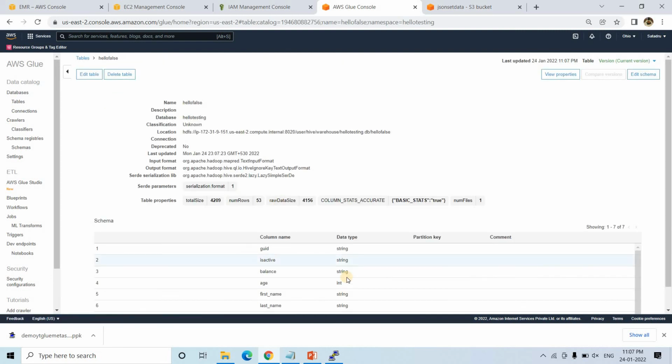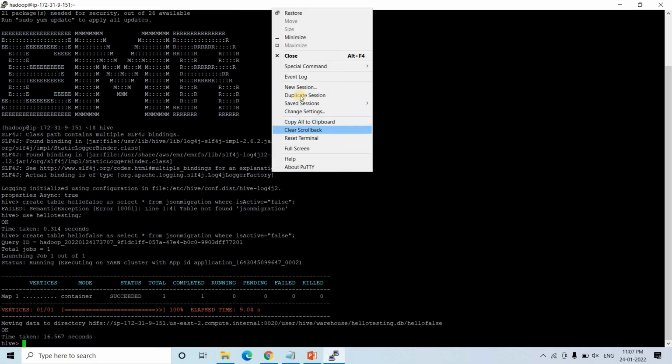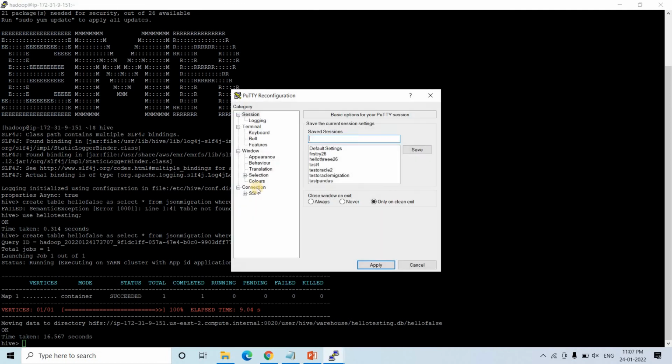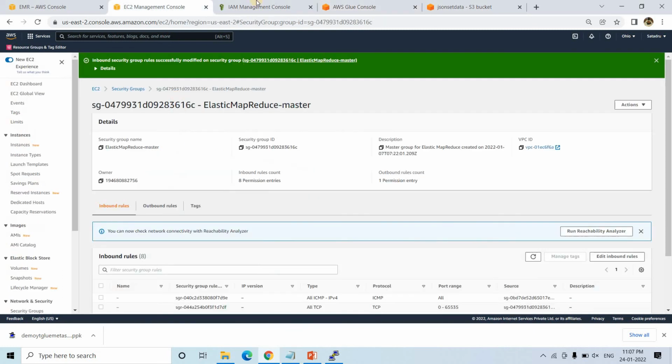Again if I go, the same kind of schema is there, but the location is basically an internal EMR location. That belongs to that particular specific cluster only, right? And let it not terminate, so I'll change the setting also. Then as a next step, we will try to see whether these tables